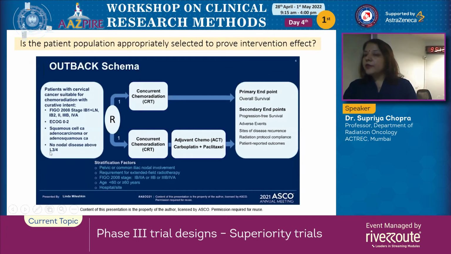Because the patient population that they chose, they included all comers. They did not enrich their population to see the intervention effect. So sequentially, by showing these trials, I am giving you examples of phase 3 randomized trials that turn positive but don't create an impact, and sometimes they answer the question but do not future-proof their trial by selecting the right population. So these are the building blocks: patient selection, using the right intervention, right HR, feasibility of approach, and these are classical examples